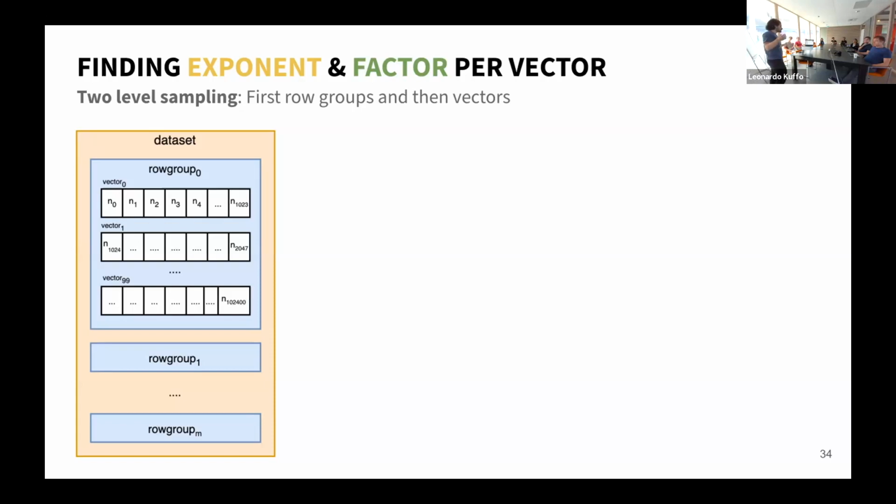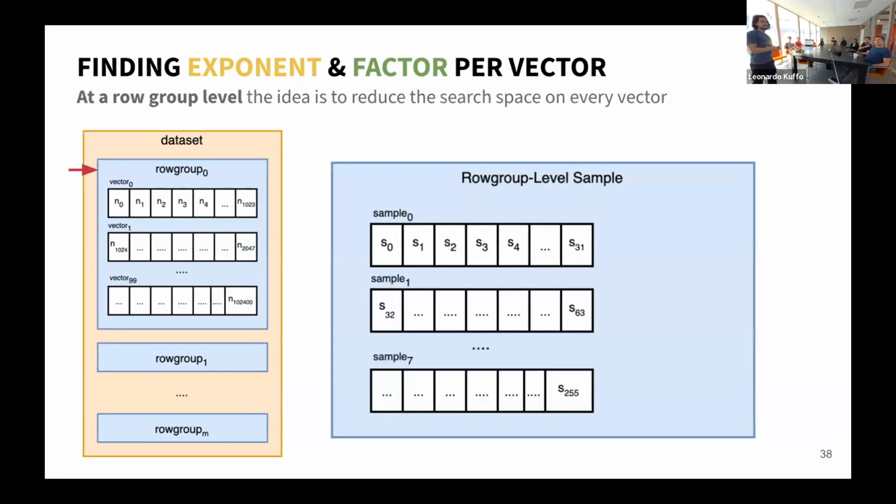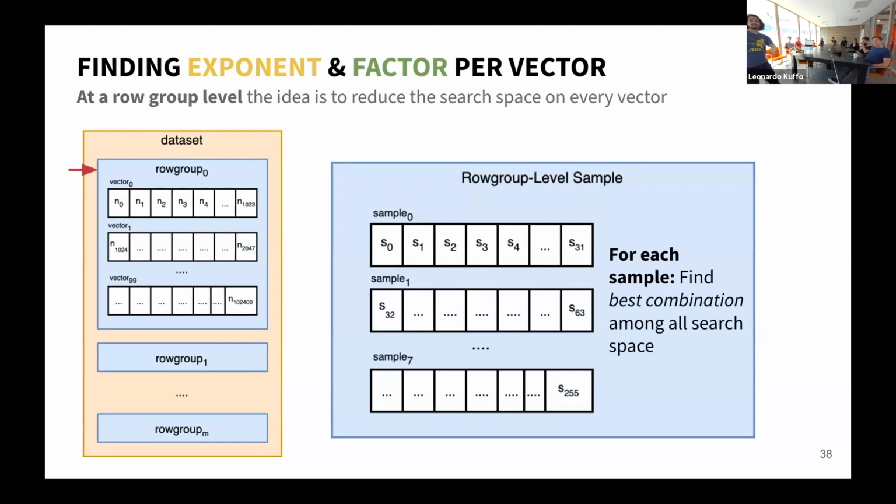And each vector is 1024 values. So what we do is that we first sample row groups. So we take the row group, and then we take 8 equidistant vectors from the row group. And then from each vector, we do not take all the vector, but we only take 32 values for each vector. And then for each one of these samples of vectors, we find what is the best combination of exponent